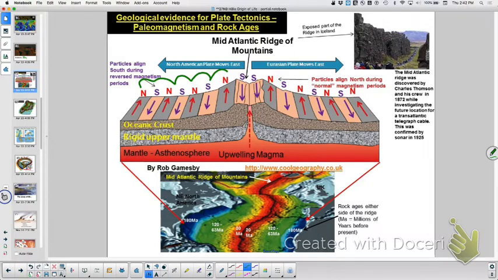Okay, that tells us a couple things. That tells us that the poles used to be reversed. It also, we can see the patterns make sense with the lava coming out and hardening. And so you can tell, especially if you look at this picture,